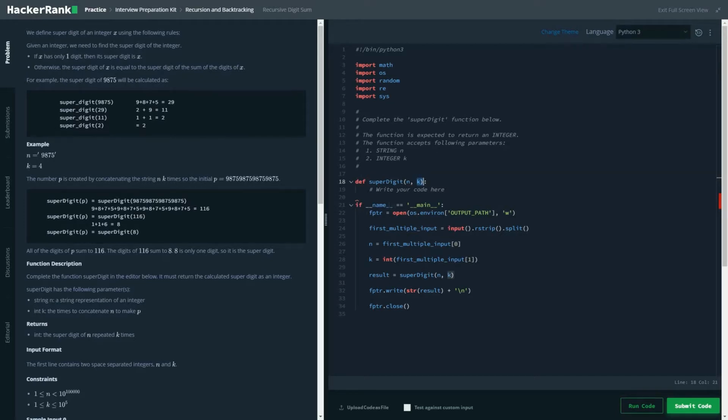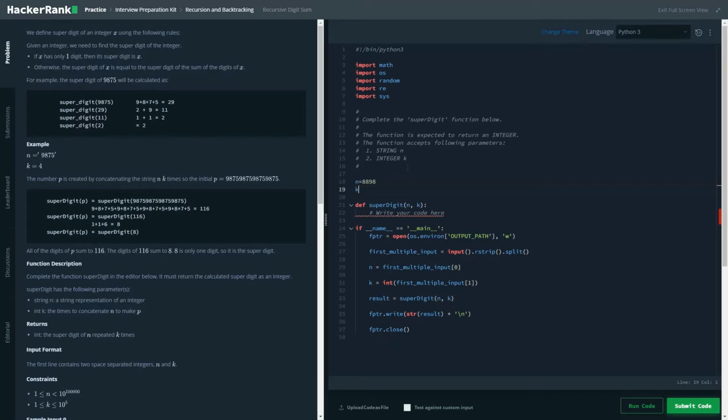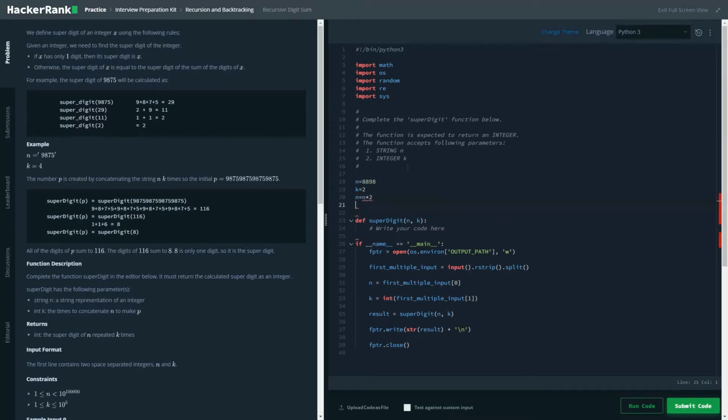Whatever number is present during the first iteration, for example a number say 8898, and if k equals 2, the n value would be n multiplied by 2, which would be 88988898.